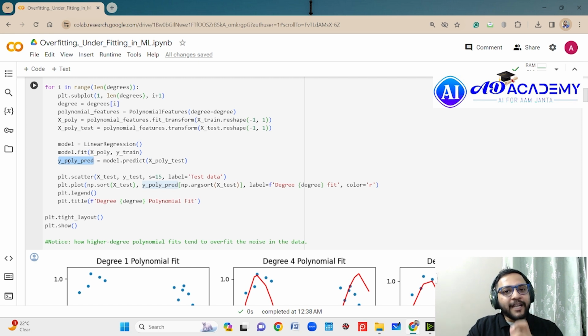Once you have fitted your model, then you have to predict how well the model is behaving, or how well the model is predicting with respect to the x test dataset. We are doing this to check how our model is actually fitting. We will be getting y poly predict. Now we can compare this